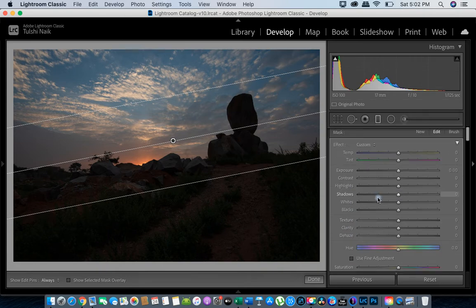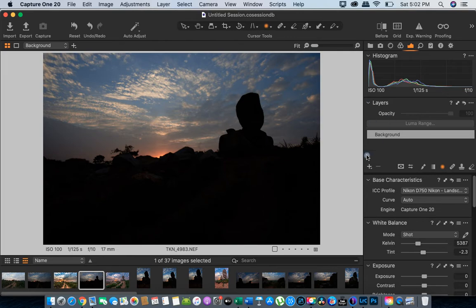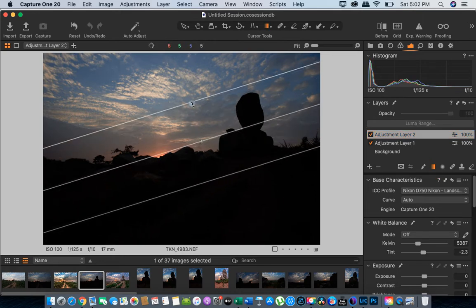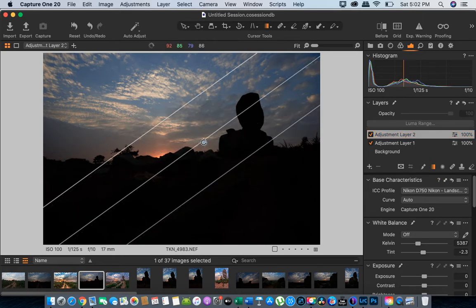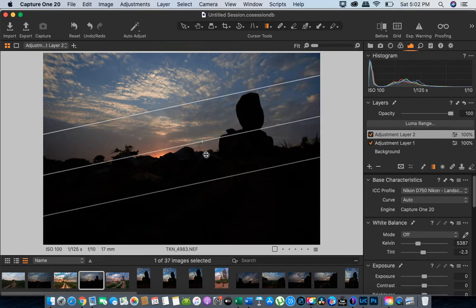But in Capture One it works slightly differently. You have to first make a layer. So I'm going to take a new empty layer, and then select gradient somewhere here.